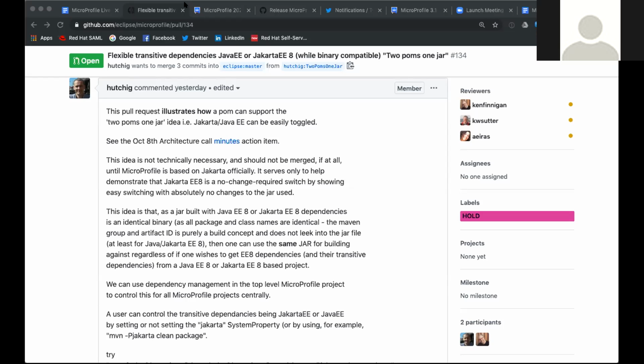Right. Okay. I'm assuming we're using one default. We'll have a default profile. So under normal circumstances, if they take 3.2, it would just use the Jakarta dependencies, but if you want to change the profile with -D to make it use Java, you can do that, or you can set it in a POM file to make it more permanent than just doing it on the command line. Right, okay.